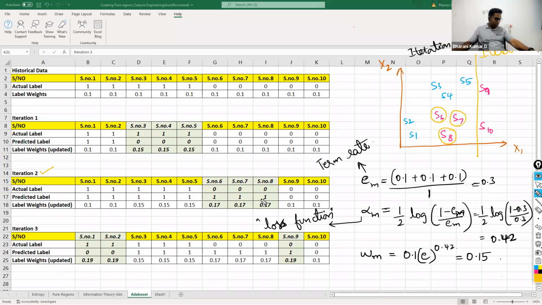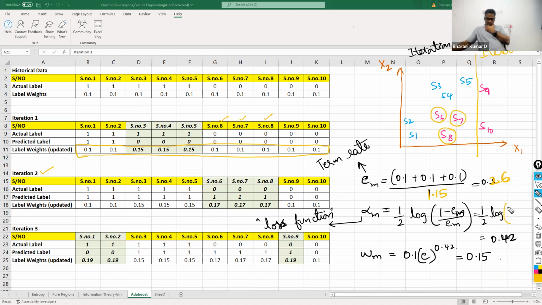Now, here is the formula. Term rate is initial weights. Initially, what are the weights given to them? 0.1, 0.1, and 0.1 to both 6, 7, 8. 0.1, 0.1, 0.1 divided by the total weight. If I add all these weights, how much would you get? 1.15. And when you solve it, what do you get? 1.26. Since you get 1.26,